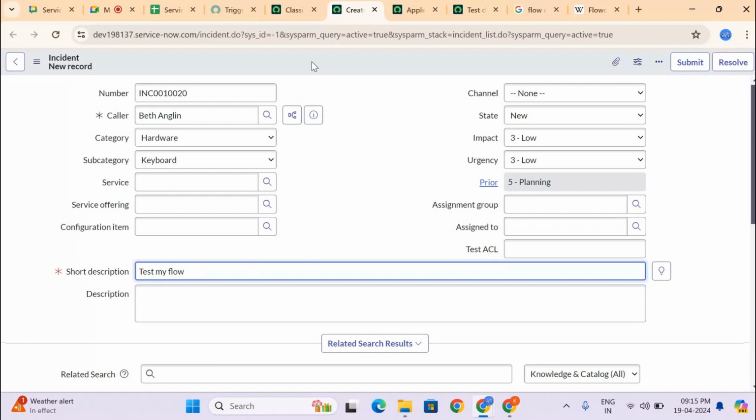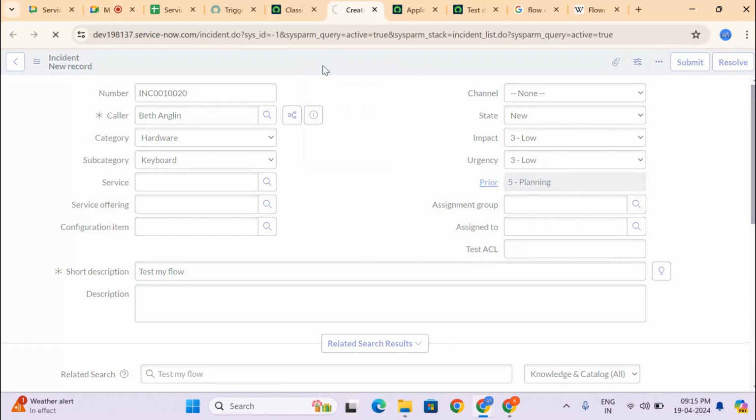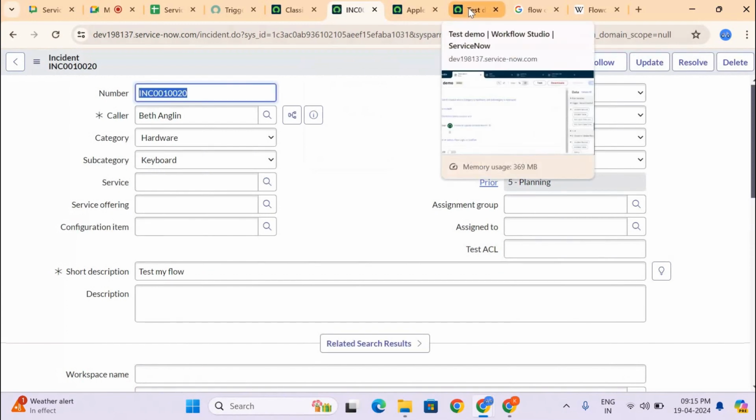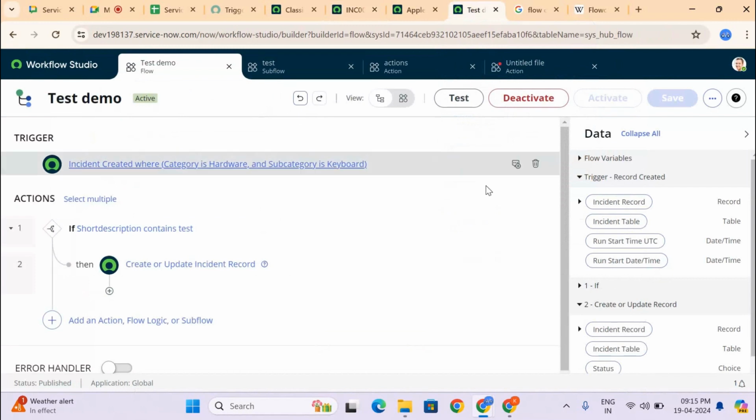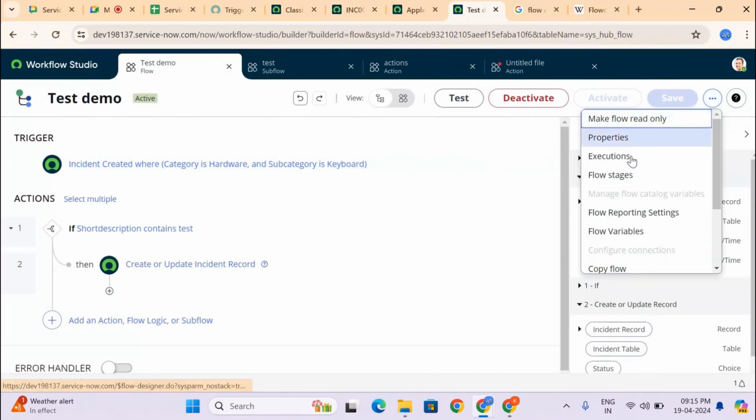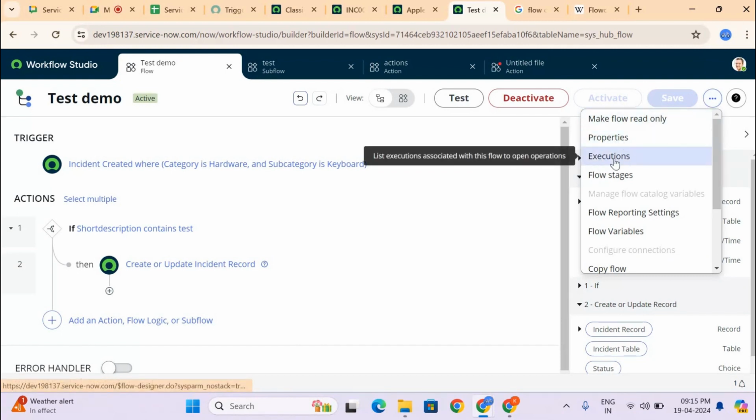And now let's save this record. Now if you see, this particular flow gets triggered, where you can actually see under the execution. If you see here, we have 3 dots where you can check the properties, you can check the executions. Executions is where how many times